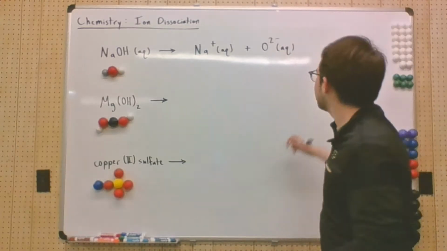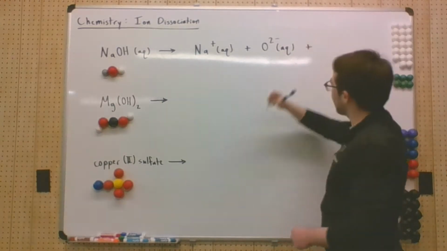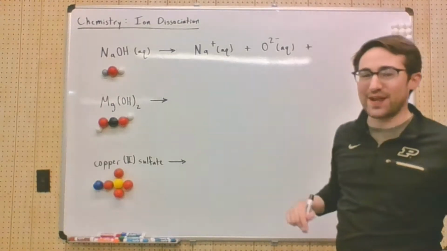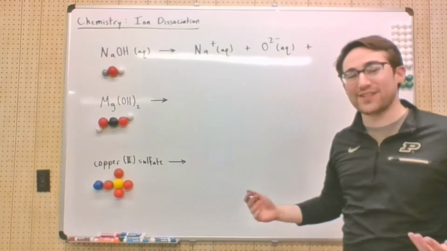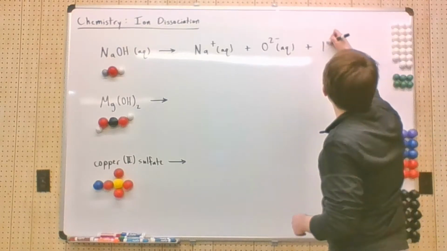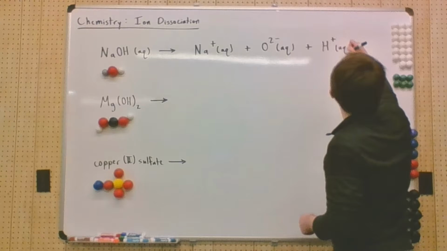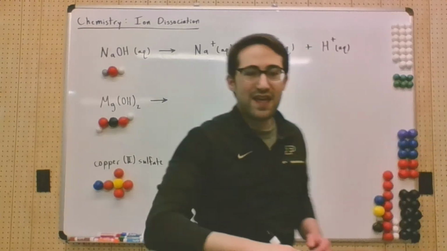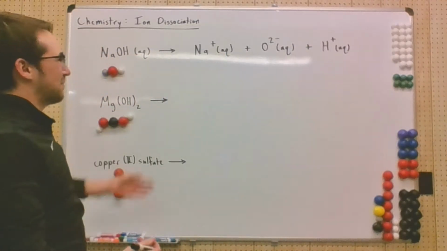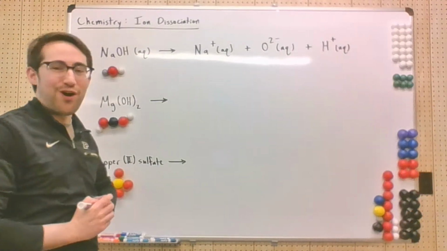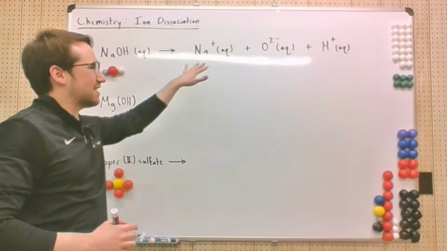AQ for aqueous. And then I've got an H. So I go look that up on the periodic table. It should have a charge of positive 1. And it's aqueous. Okay, and this looks fine, all right? I mean, my charge all cancels out and everything, except this is totally wrong, because this isn't how the compound